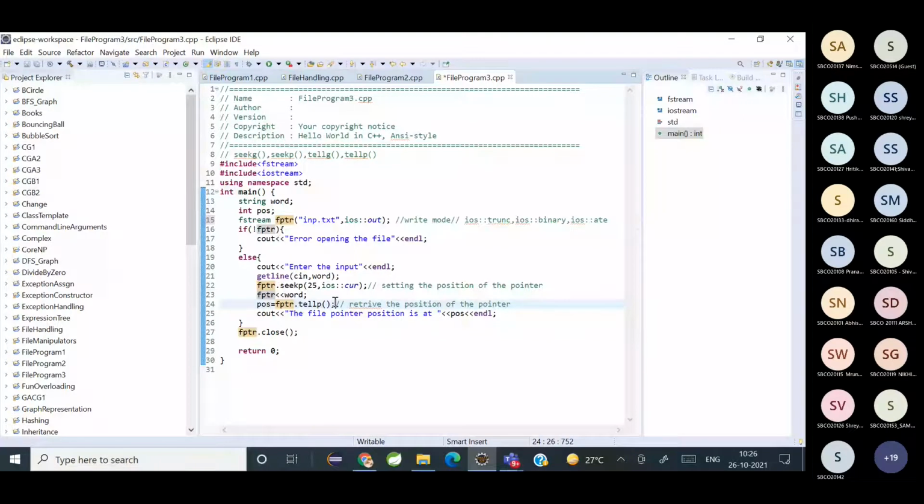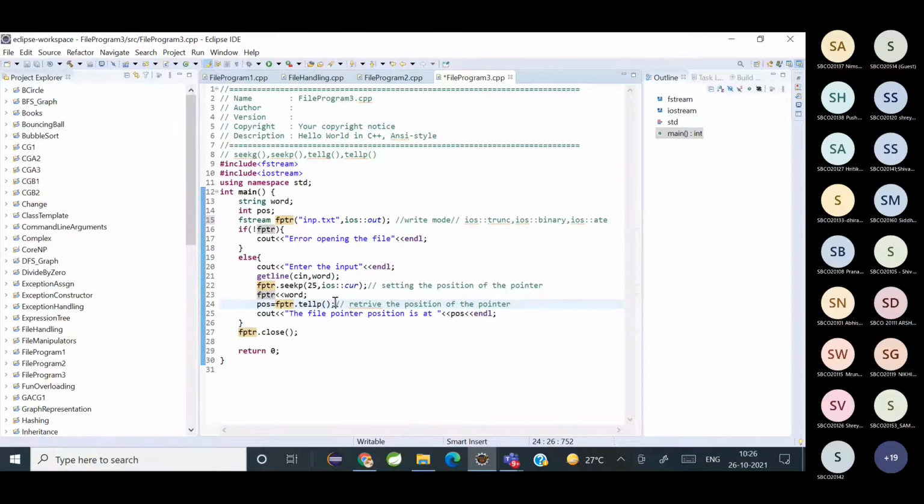तो tell p किस लिए यूज करते हैं? What is tell p used for? For getting the position of the pointer. So I took the word from the user, then before writing to the file, I set the pointer to some particular position, then I wrote to the file, and now I'm checking after writing the content where my pointer is.